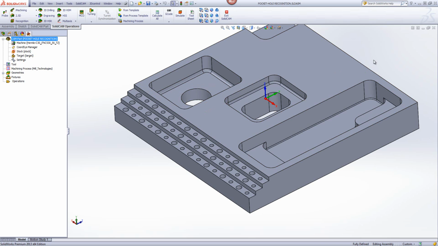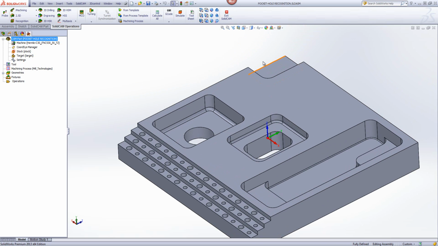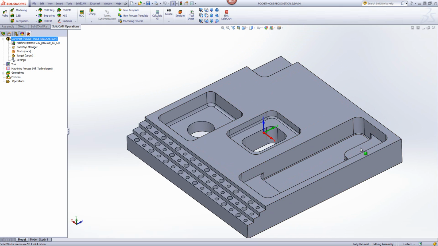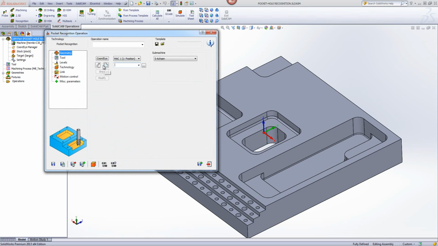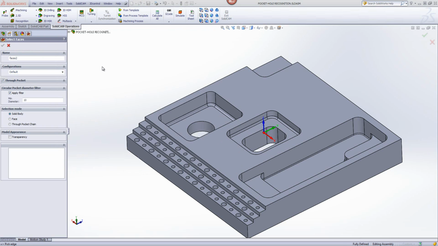Now also note, we have here a pocket with an open edge, and also inside this pocket here, we also have one with open edges as well. So we'll start our operation of recognition called pocket recognition. When I go to define my pocket recognition, first of all note, I don't want to take any of these holes here as pockets. We have a,